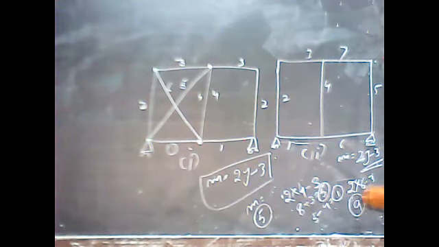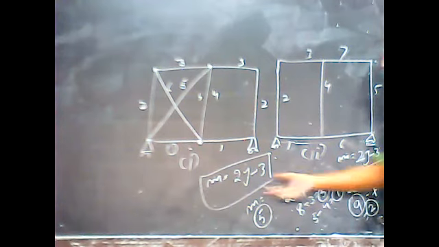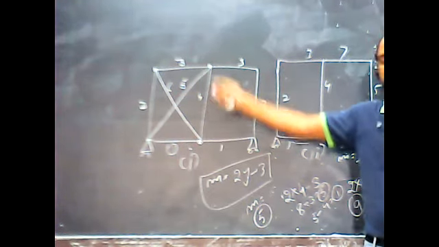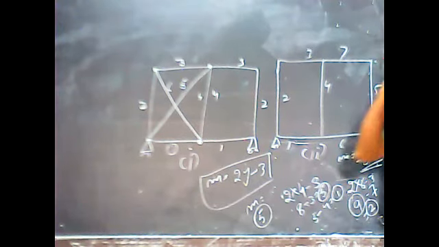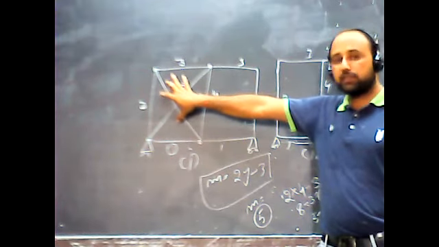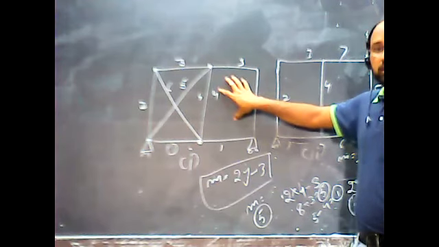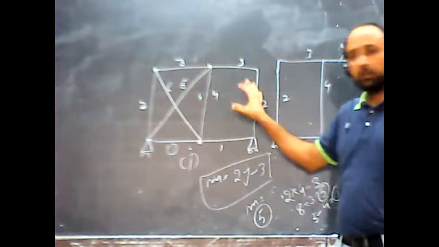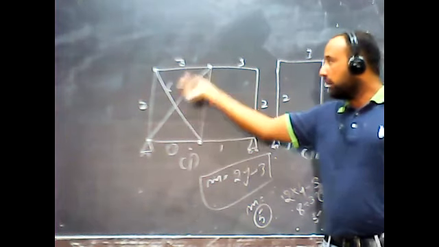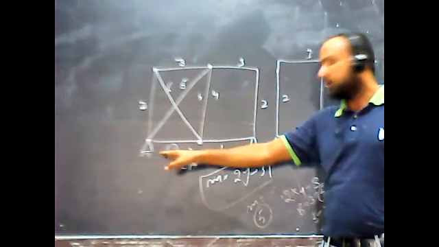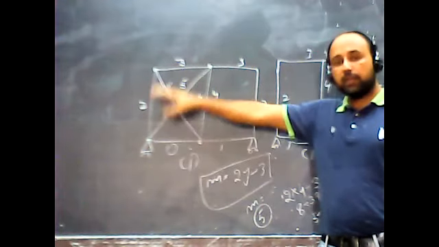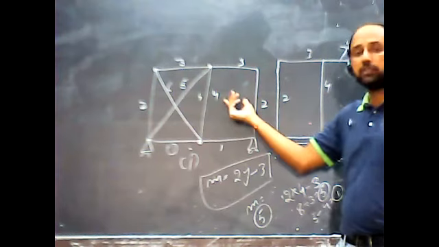Fine. So by subtracting the values, you will get to know how many additional members I require. 2 members I require. So both of the structures, if you see overall, are unstable structures. Calculate the total stability parameter for this first problem as well. This panel is showing the overstay condition and this one is showing the deficient condition. Yes or no? Yes, sir. So if you create more members in the left panel of the first problem and make it overstay, that will not help you to make this structure stable.